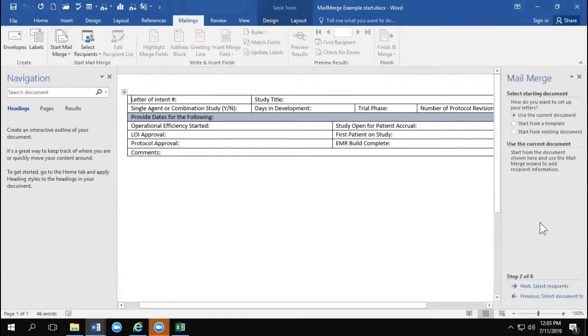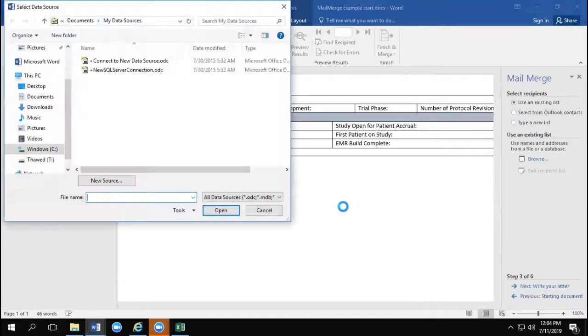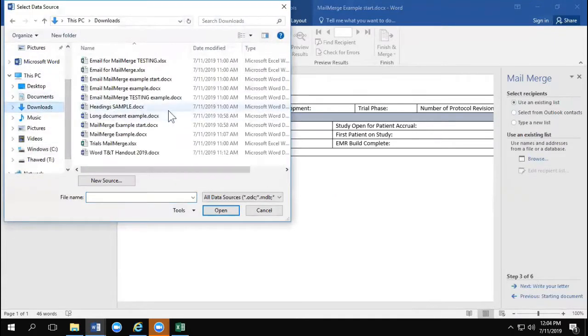I say Next. And it says, do you want the current document you're looking at, or are you starting a new document? Nope, it's the one that I'm looking at. So yes, I want to leave it as current document. And the next thing you want to do is select your recipients. So again, you're going to use an existing list, and this one's in Excel. So I hit browse, and then I need to go find where I saved my